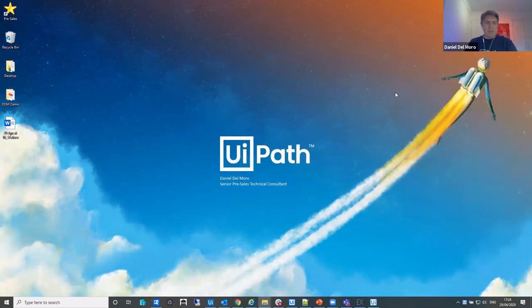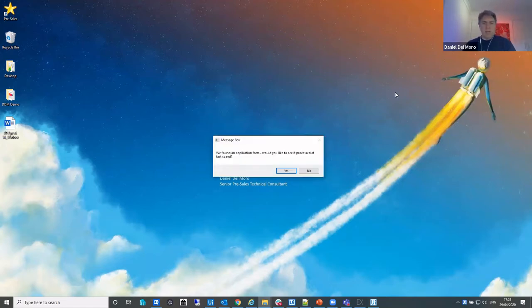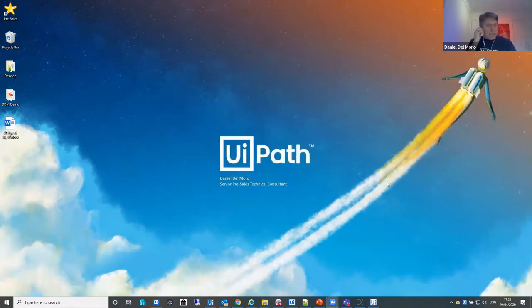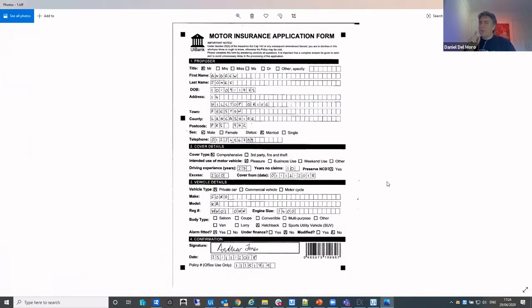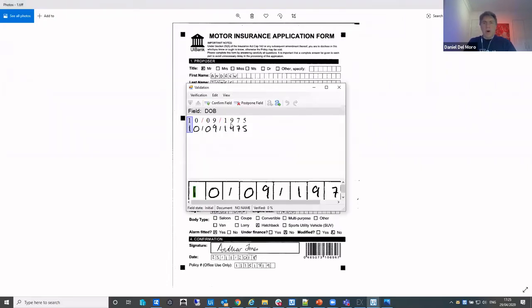The next thing that happens is that this attended robot here should pop up on the screen. We found an application form. Would you like to see it processed at fast speed? Well, I want to be able to talk through this. So I'm going to say, let's do it at slow speed. And for our benefit, it's just going to bring up the image of this particular application form. Lots of handwritten text on there, and we're using ABBYY in this case to extract the content, even though it's handwritten. And what it should do is, here we go, offer me a view of what it's recognized for the date of birth,